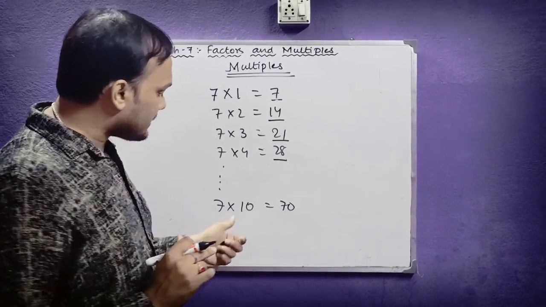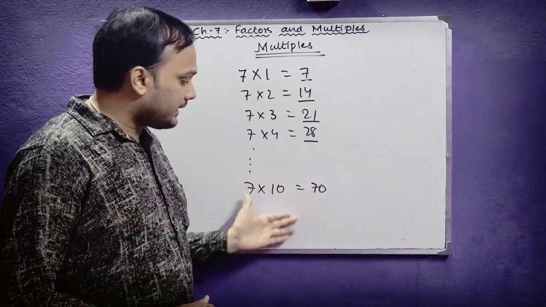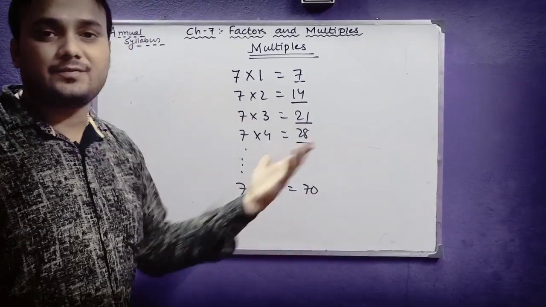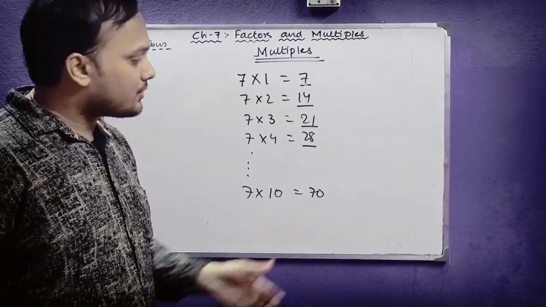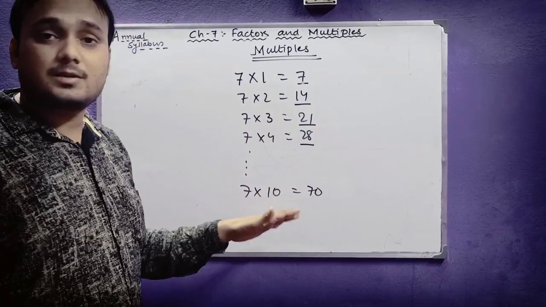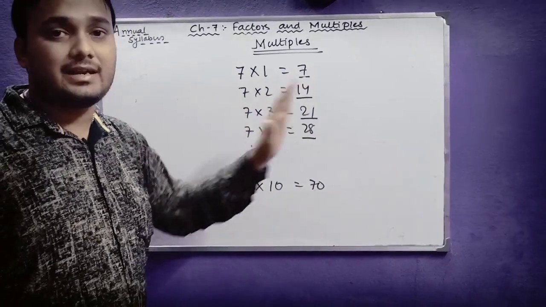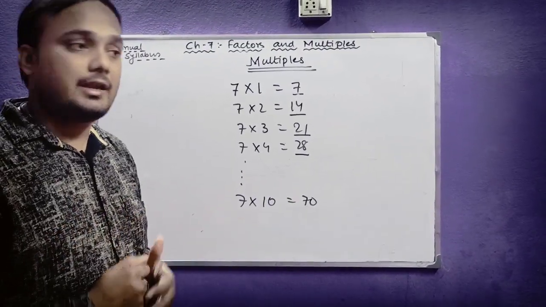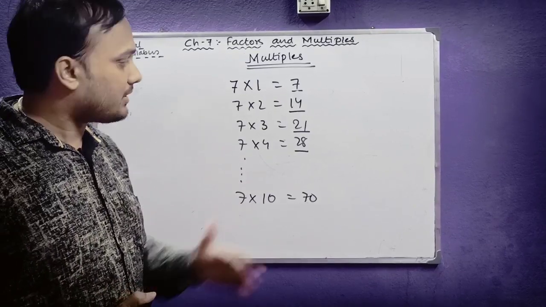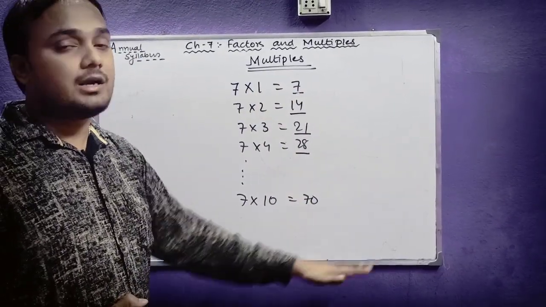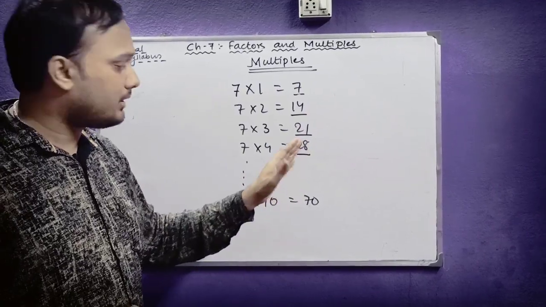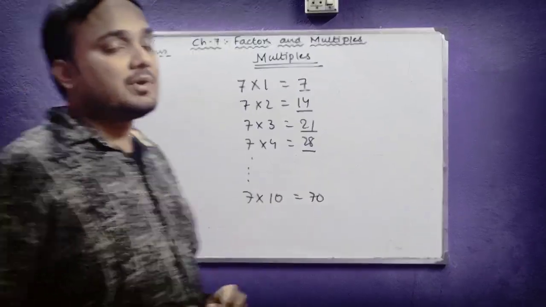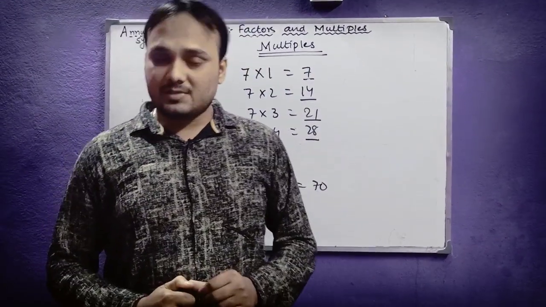And one more thing, students, like here you see that 7 tens is 70, but this goes on and on, like 7 11s are 77, 7 12s are 84, 7 13s are 91, and so on. So this will go on and on. That is the reason why we say that multiples of any number are endless. If I ask you how many multiples can a number have? A number can have an unlimited number of multiples because it doesn't have any limit. It goes on and on uncountably. It does not end at any particular number. So the multiples of any number are basically unlimited.